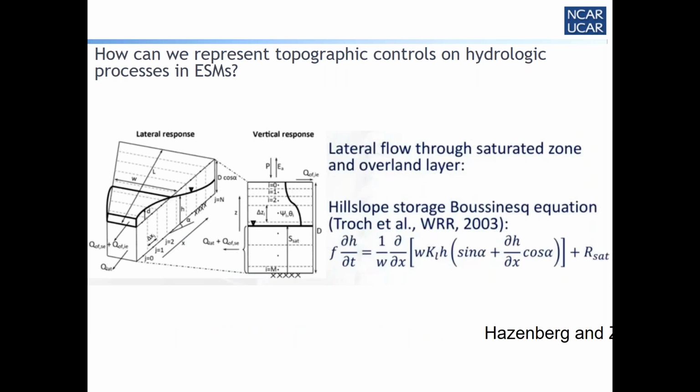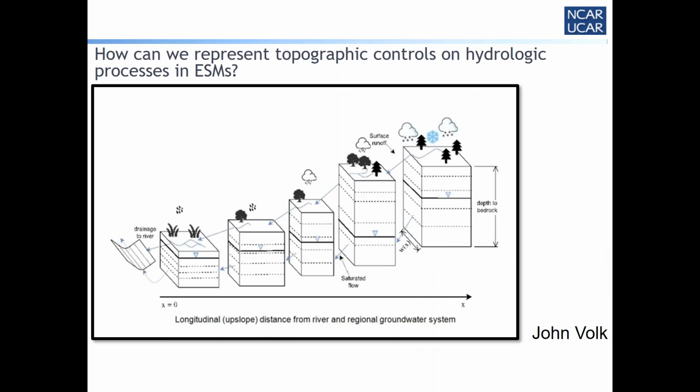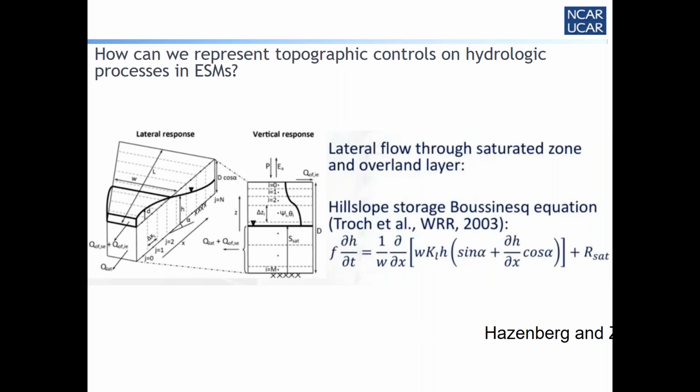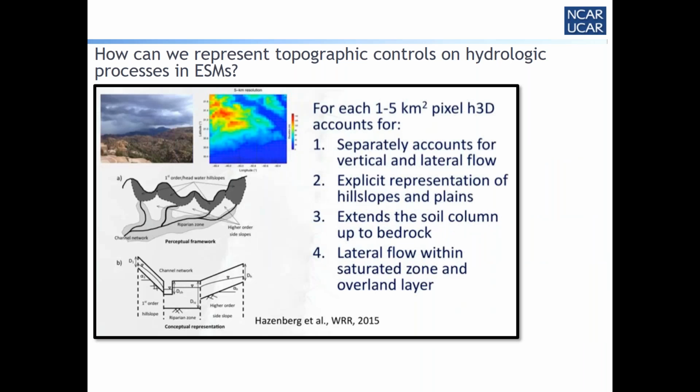This is a figure from John Volk, which is similar in many respects to the other procedures that have been presented, where he's got a set of columns at various distances going upslope from the stream, and representing one-dimensional lateral flow along that conceptual hill slope. And in John's two-pager, he's included a number of equations that are necessary to explain those processes. If we go to the next slide,